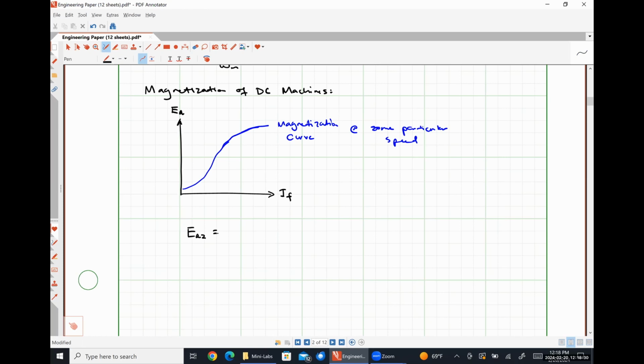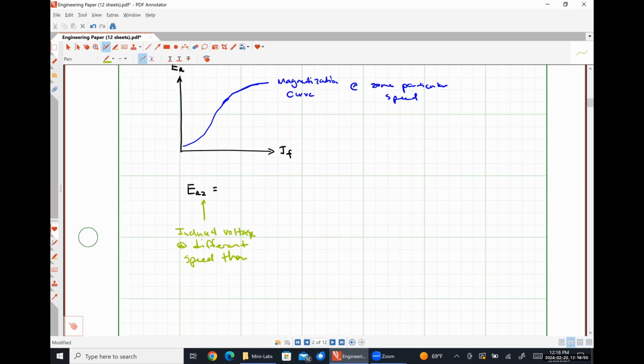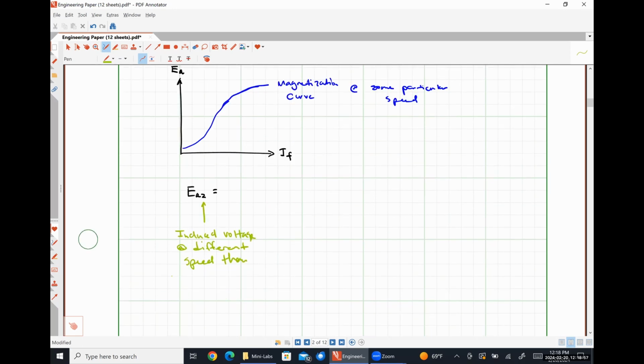So that's what that subscript 2 means. It's just at a different speed. Let me write that down here. So induced voltage at different speed than magnetization curve data